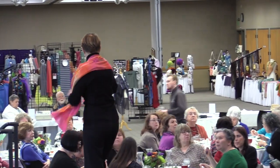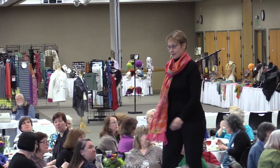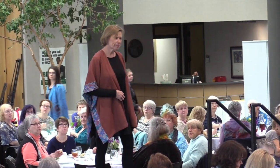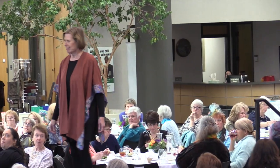The pink and orange scarf shawl that Barb wears is $220 today. The teal scarf is $195. The ruana is a traditional wrap found in many cultures around the world. The versatility has caused its widespread appearance as a fashionable garment or accessory that can be worn in a myriad